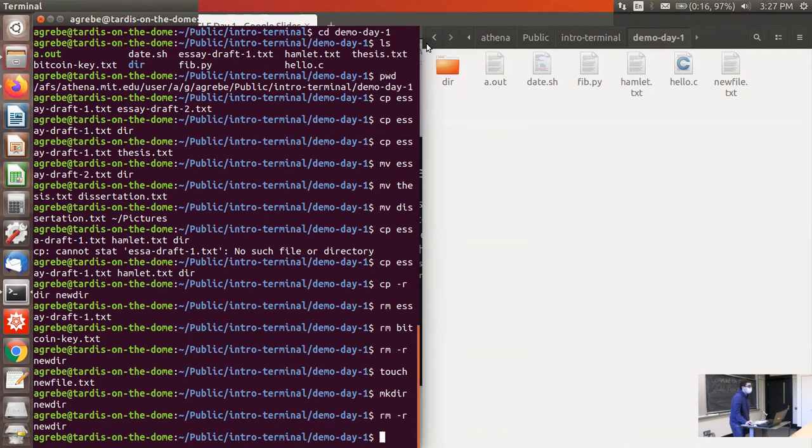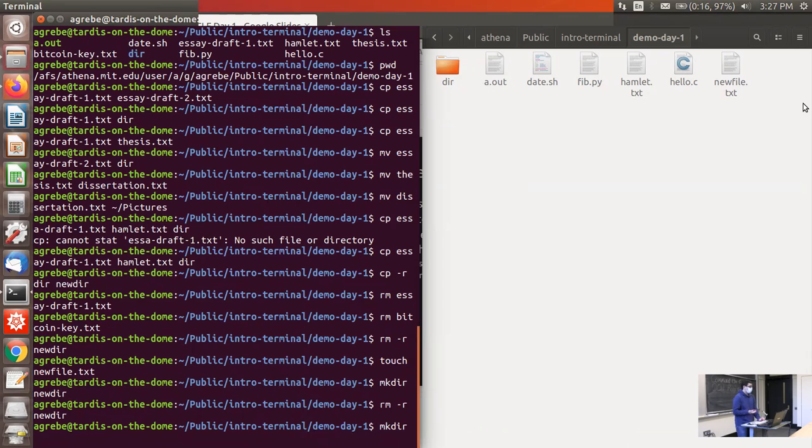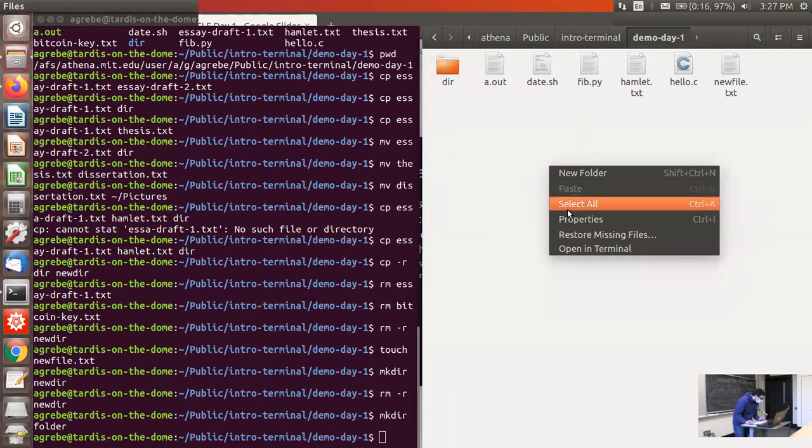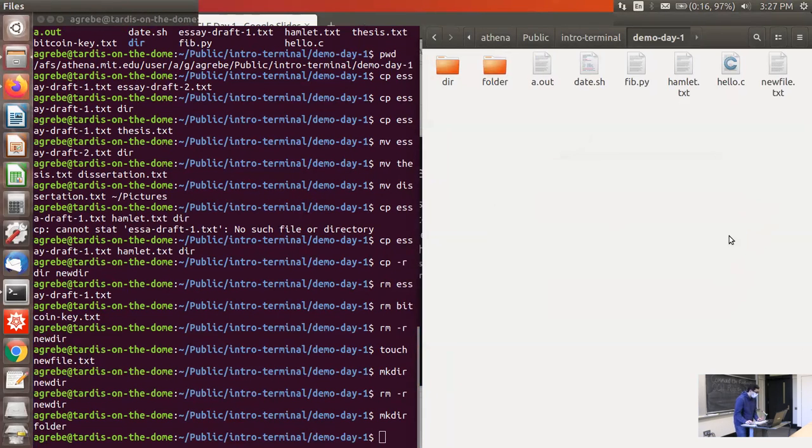All right. Hey, everyone. So Anthony missed a few things, but I will briefly cover them. Let's say you have all these folders, but you want to make more. If you want to make more folders or directories where you currently are, you would just do mkdir, and then put the name of the directory. So let's say we want to make a directory called folder, and then if we refresh with Control R, we would have a folder called folder. And then I think that's it.